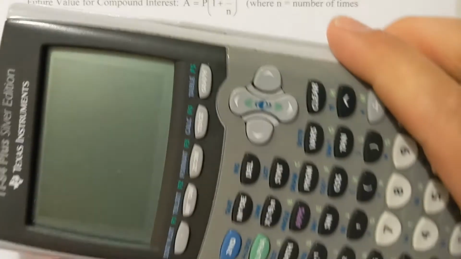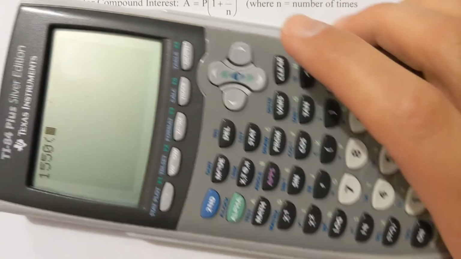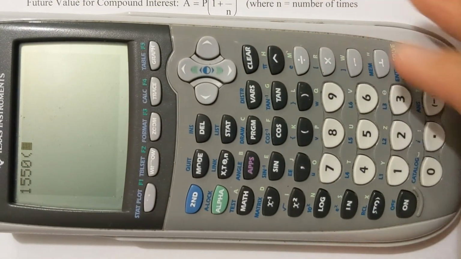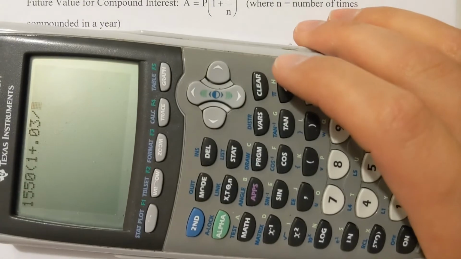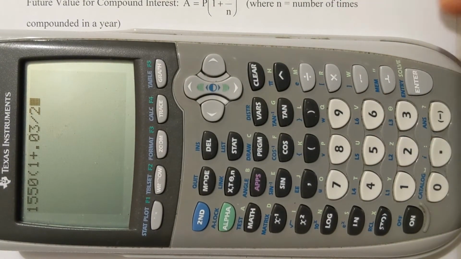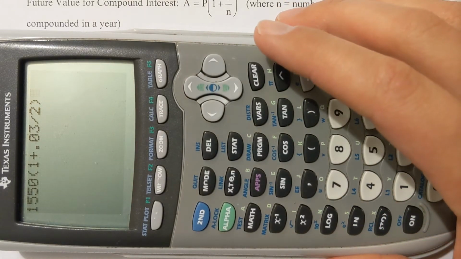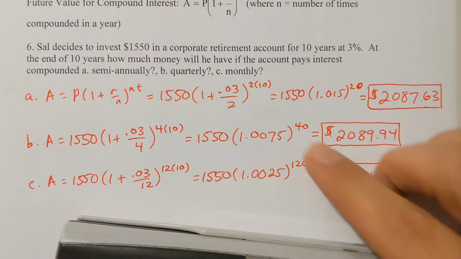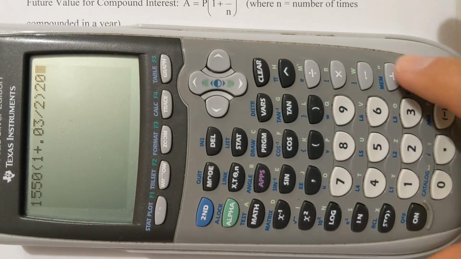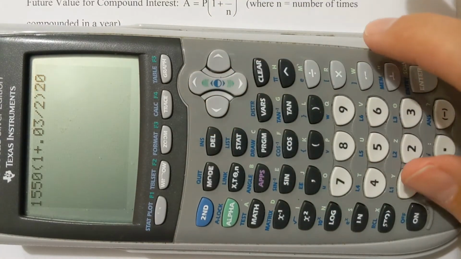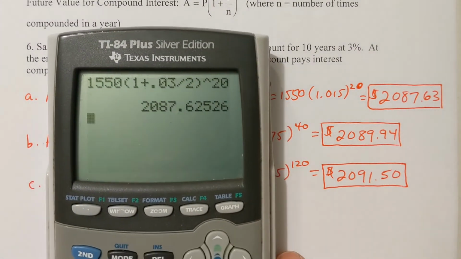So if I take 1550 times 1 plus 0.03 divided by 2, because I'm compounding semi-annually. So semi-annual means twice in the year he's going to gain additional money on top of this. Okay, raise that to the power 2 times 10, which is 20. So to the power 20, and I'm getting